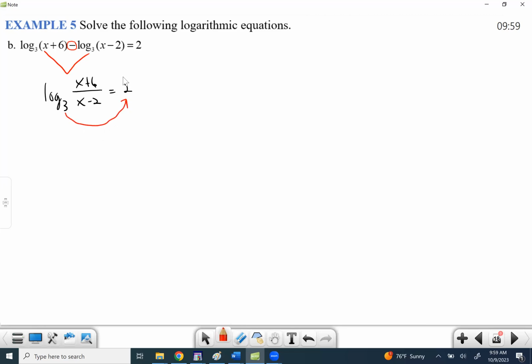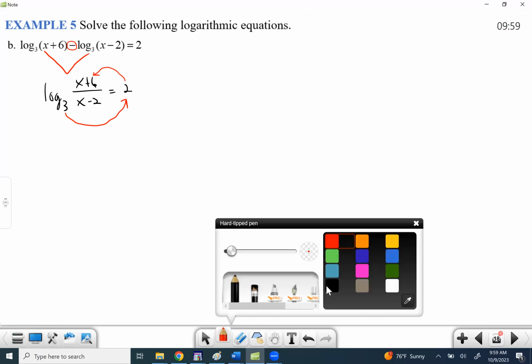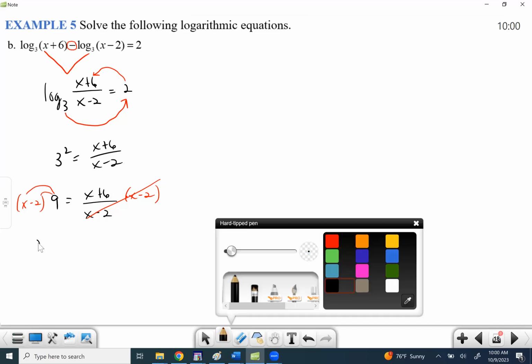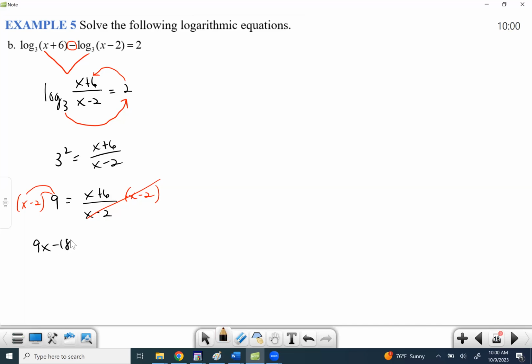So 3 to the 2nd power equals all that stuff. And this is an important step because it gets rid of the log. And that's what makes this really solvable for us, right? Okay, so 3 squared, that's going to be 9. And we know how to get rid of fractions. Multiply by the denominator, or the LCD. And that's what's going to get rid of it here. So we have to distribute that 9 into those parentheses. So we're going to get 9x minus 18